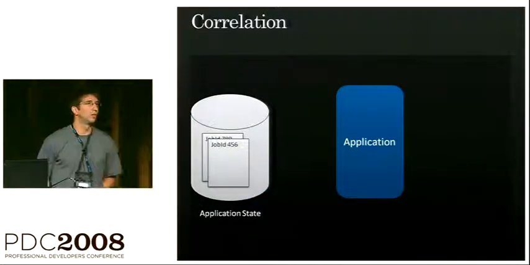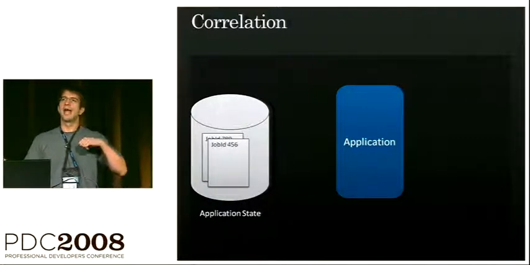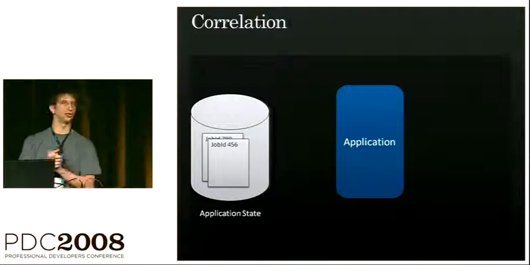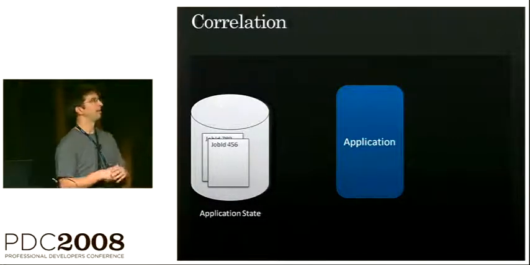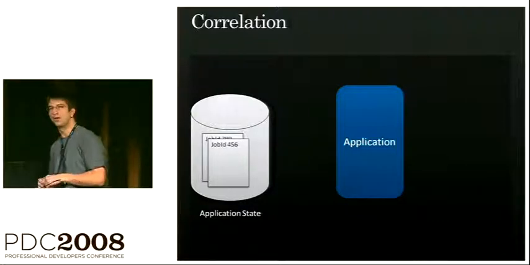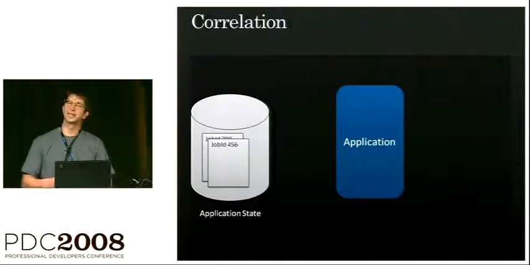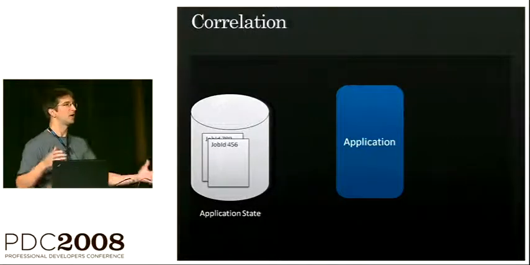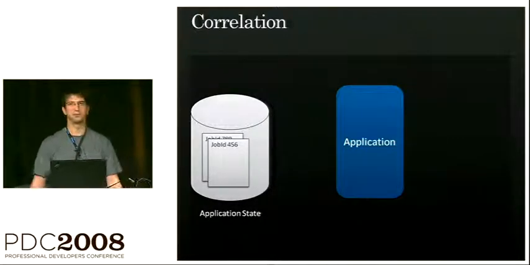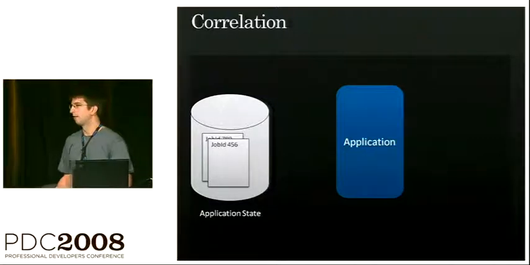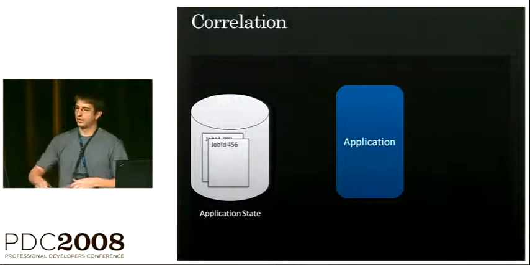What about those scenarios where we've got to coordinate messages with app state? We'll refer to this as correlation. There are a lot of different correlation scenarios that we are involved in, a lot of different correlation mechanisms that we use. What I'd like to do now is just go through an example to get all of us on the same page, an example that we can use to give us a language to talk about correlation.